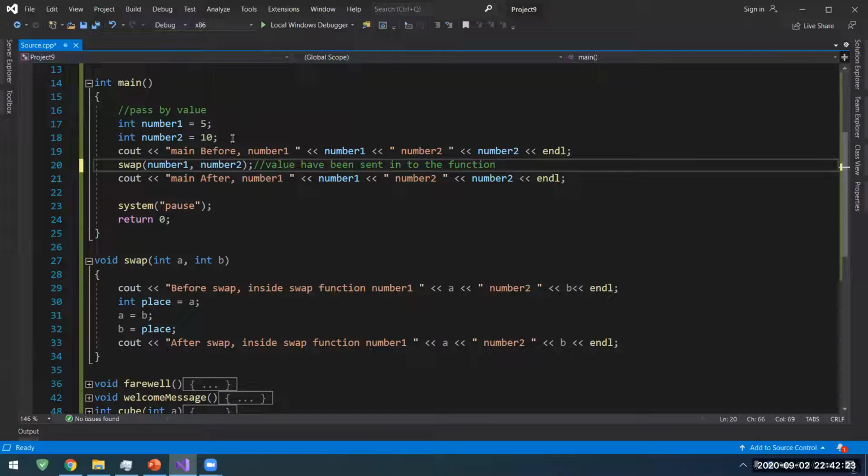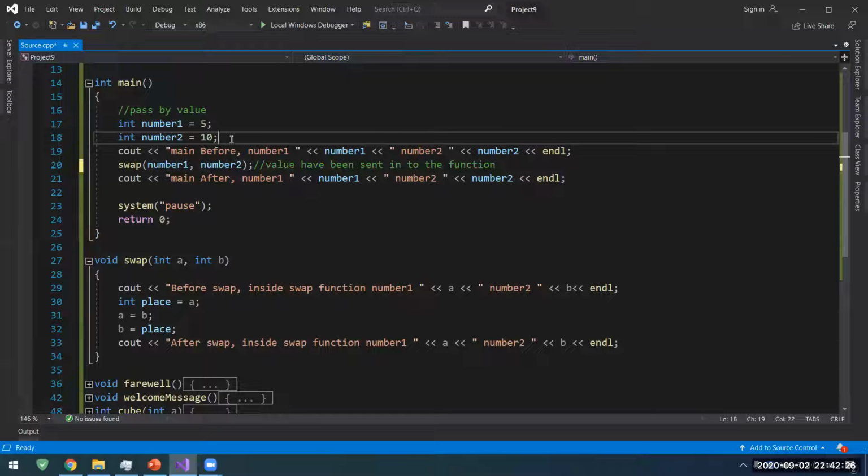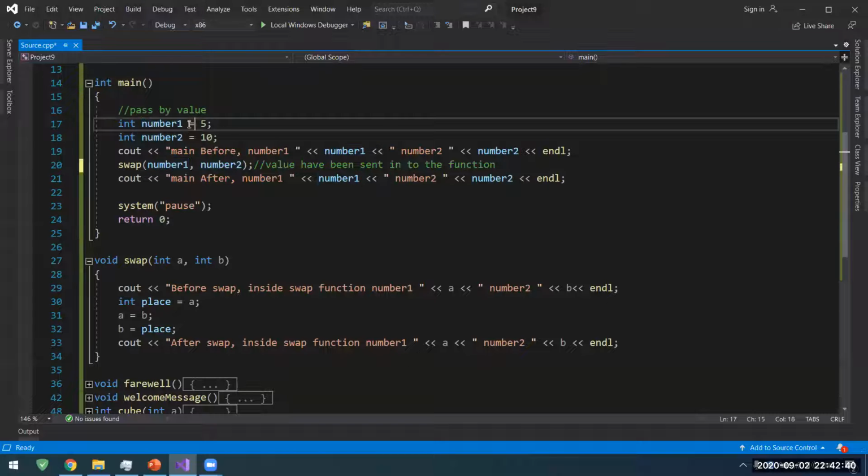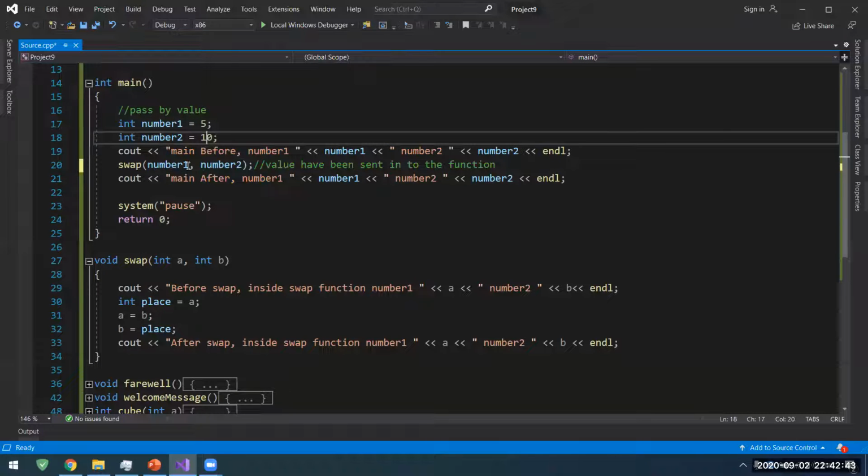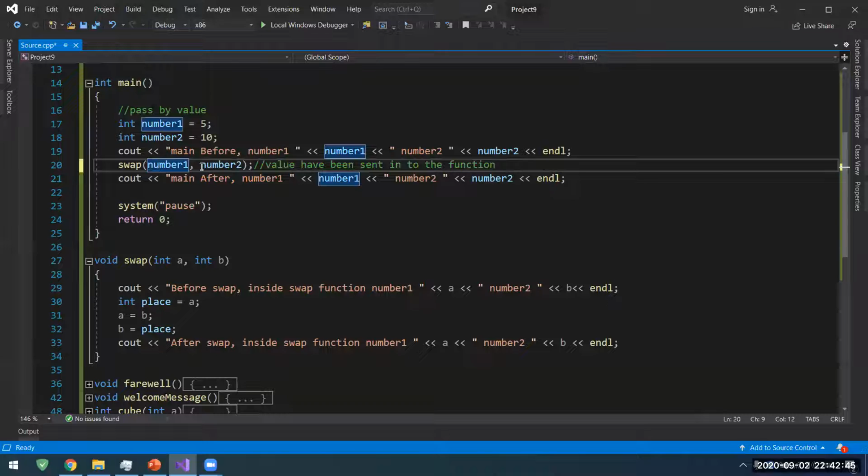It's not a very meaningful example, but still it is good, because I'm not giving the plate to the guy, and the guy is not able to put something else into my variable. So my variables number 1 and number 2 still have the old values, 5 and 10. What is sent into the function is 5 and 10, not variable number 1 and number 2. Only the values have been sent into the swap function. Okay, we understand that,